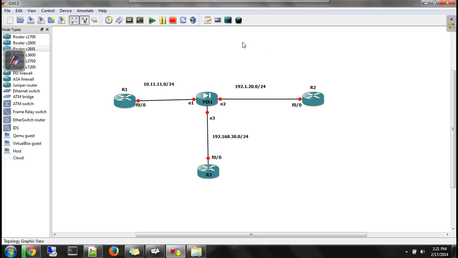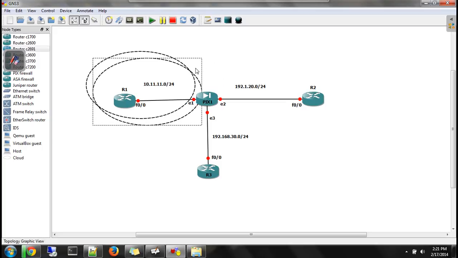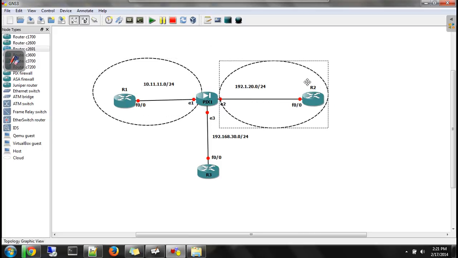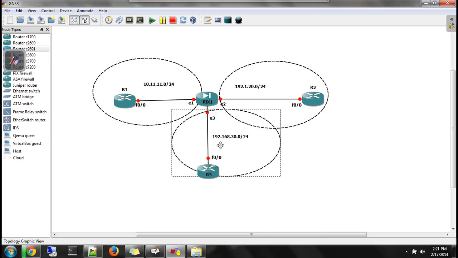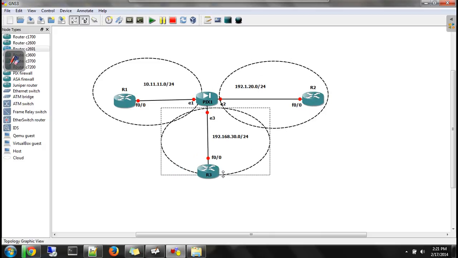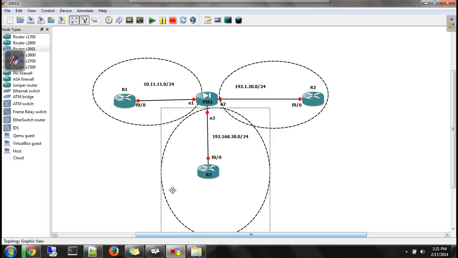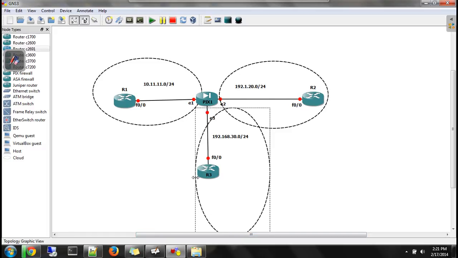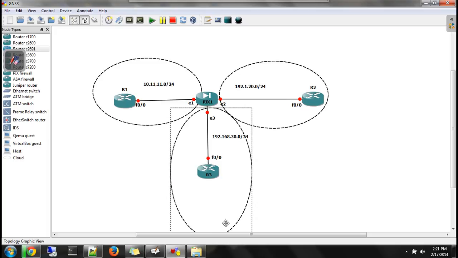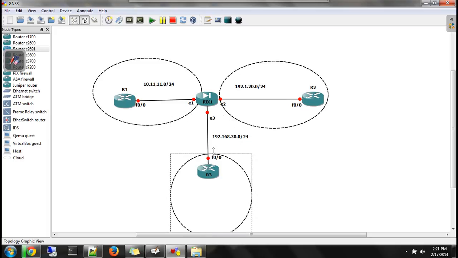Okay, so I'll be creating one area over here. This will be the second area, and this will be your third area.